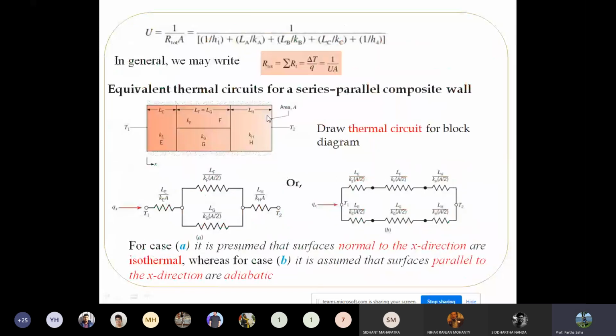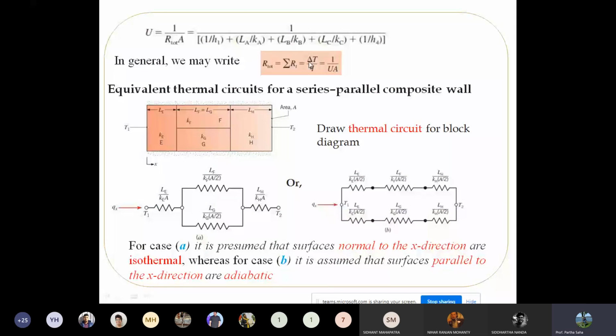So if you write down the previous equation which I discussed, U will be 1 over R total by A, where R total can be given by 1 by hA plus LA by kA by A, LB by kB, similar, right? So in general, we may write R total, that is the thermal resistance, is equal to the summation of individual thermal